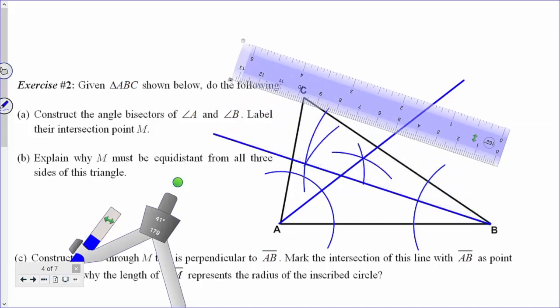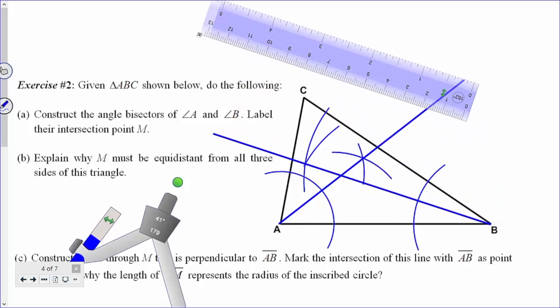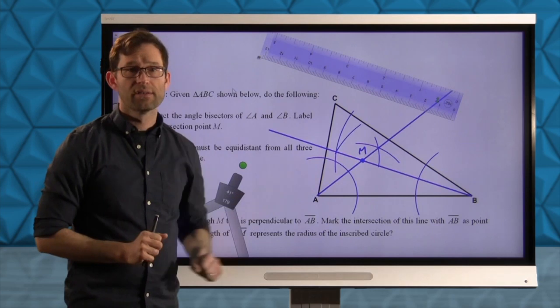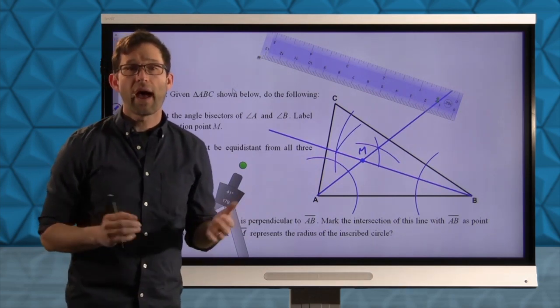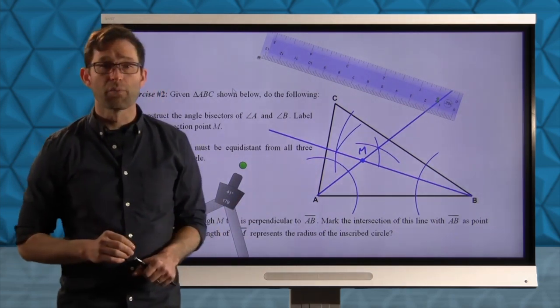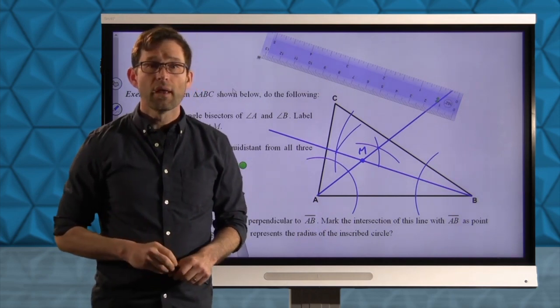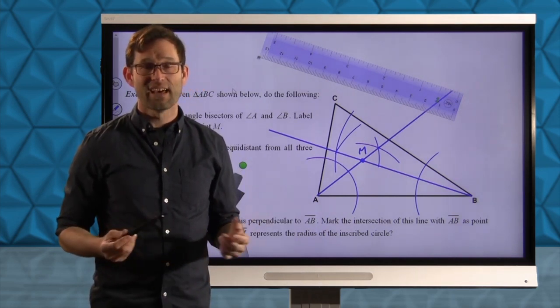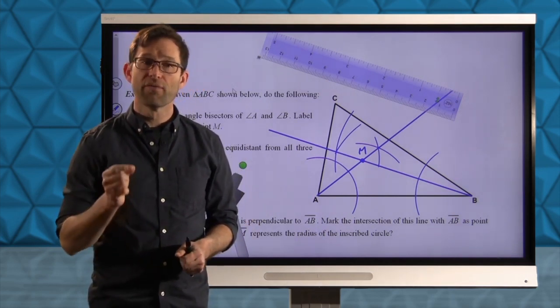All right, let me get rid of the ruler for right now, but not lose it too much. Now I'm going to put that point there, and it says, label it as M. Great. That is a very important point. In fact, this probably won't come as any great surprise to you. That point is going to be what's called the in-center, or the center of the inscribed